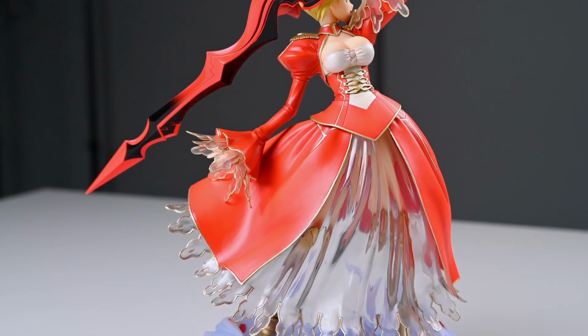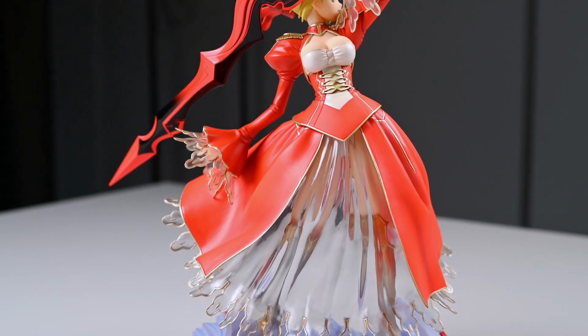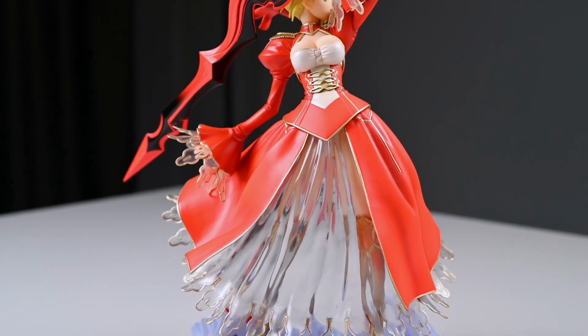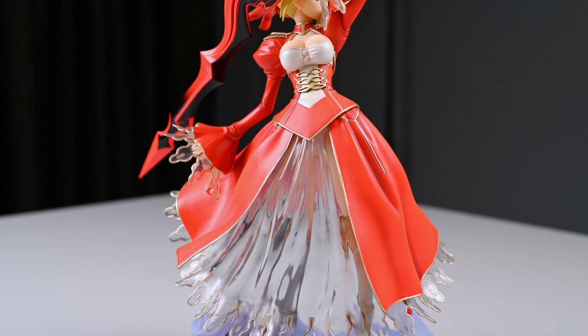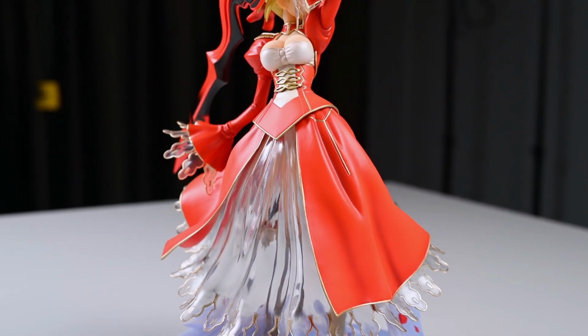The second question here would be, if this is indeed a genuine figure, is it actually brand new when the figure comes without any boxes to begin with? Not to mention the packaging materials for the protection of the figure were kind of questionable in some way. For example,